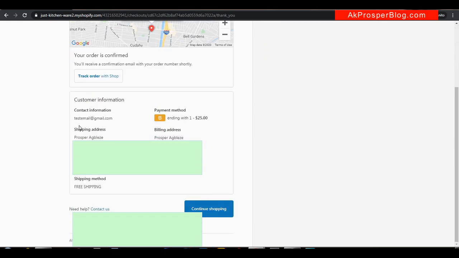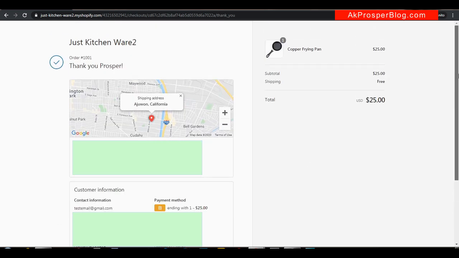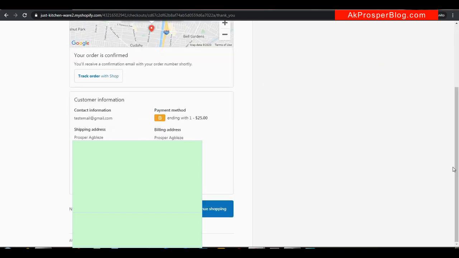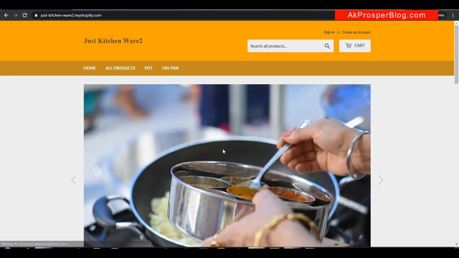So here is the contact with the shipping information and then the billing address. So now this is what a buyer will see once they buy something from your website. You can see the order number 1001. So with that, now the buyer can click here to continue to shop. Now meanwhile, on the back end, being the admin,